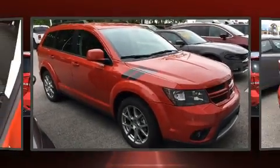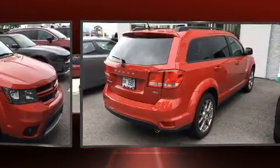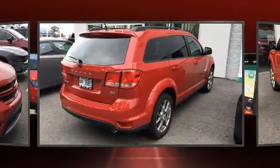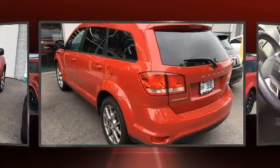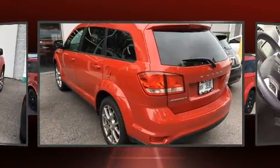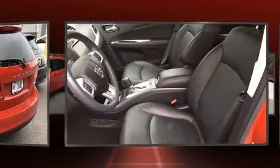Sensibility and practicality define the 2015 Dodge Journey. It features an automatic transmission, front-wheel drive, and a refined 6-cylinder engine. A wealth of standard features mean that you no longer have to sacrifice, such as remote keyless entry, a tachometer,